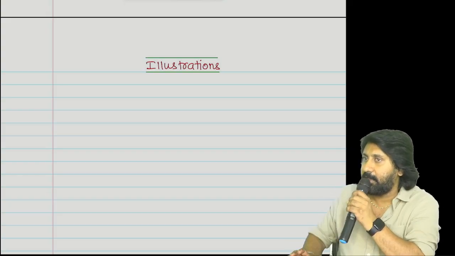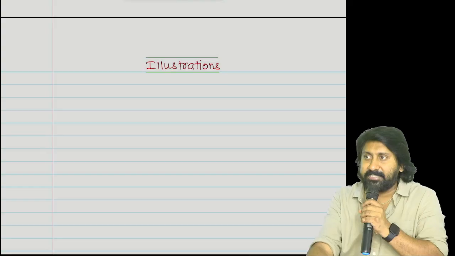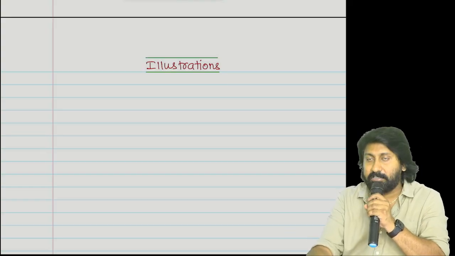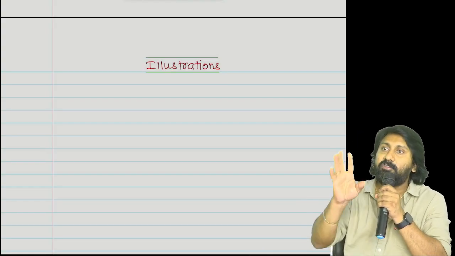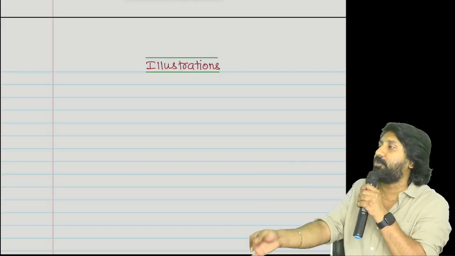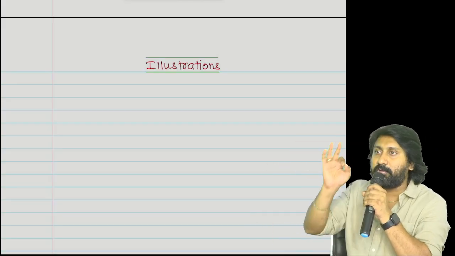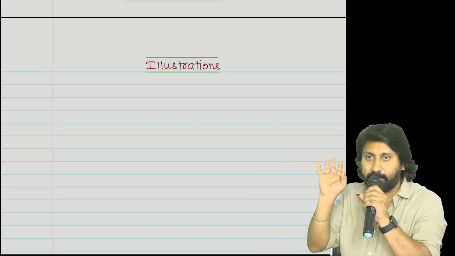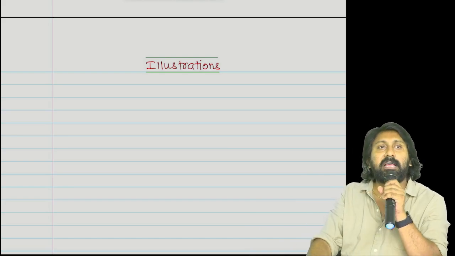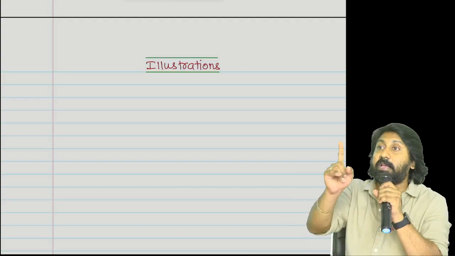Understood the point clearly? So, we will do questions and answers in tomorrow's class. Once we do the questions and answers, then you will get full confidence. After that, you take any book, the institute study material, whatever book you want, you can do any question that comes in agricultural income. Understood the point? Tomorrow class will be the last class for agricultural income.